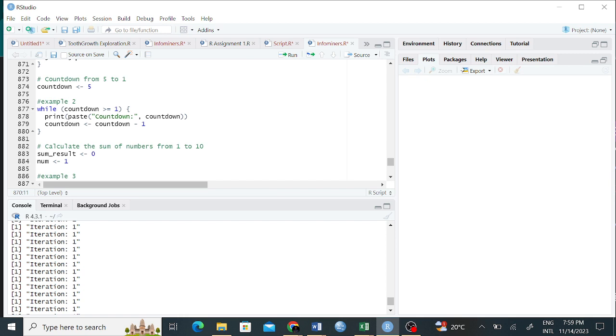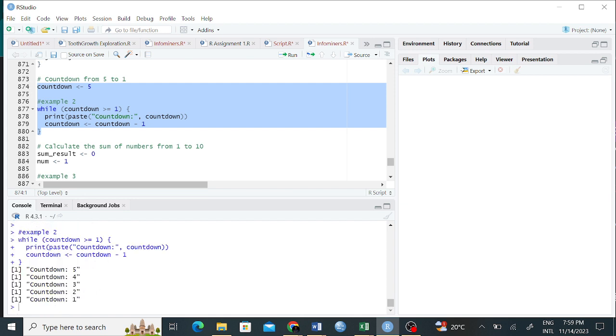Can somebody also maybe understand this one, example 2? You can run it this way. Somebody to explain this code.